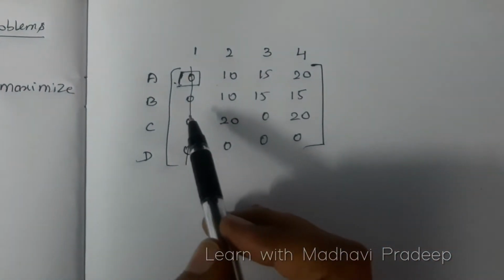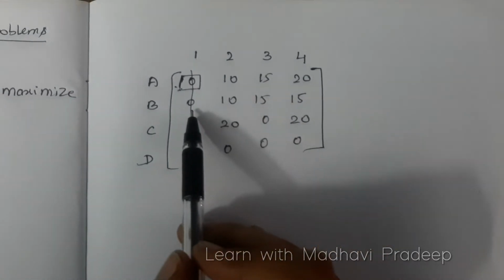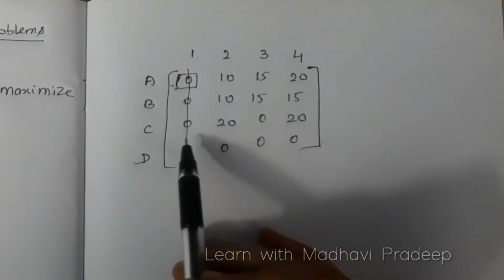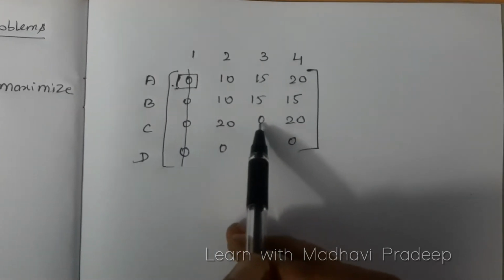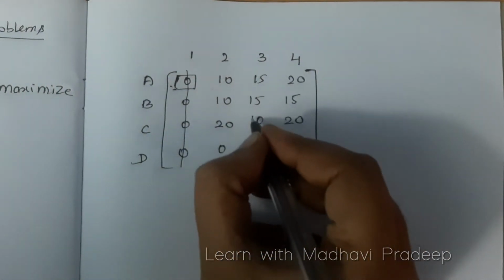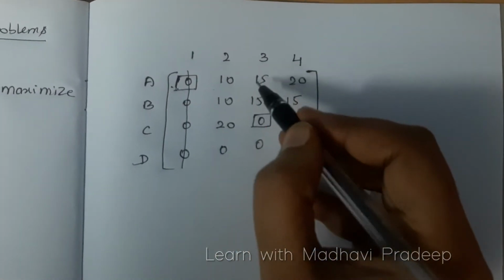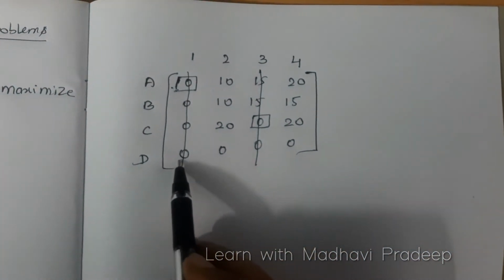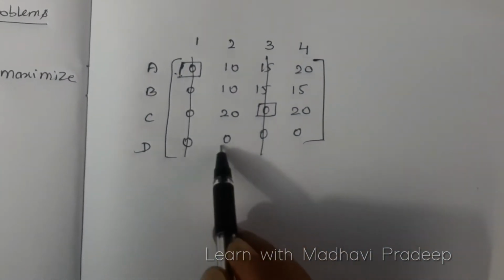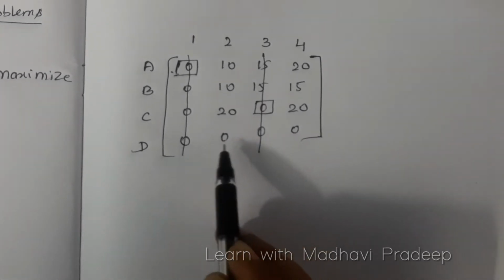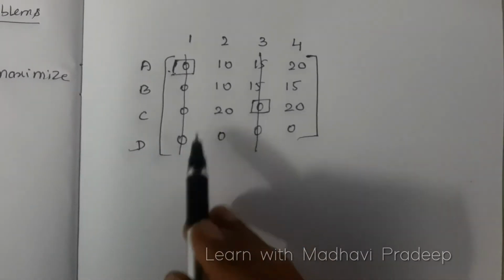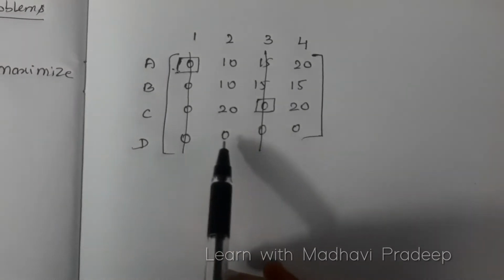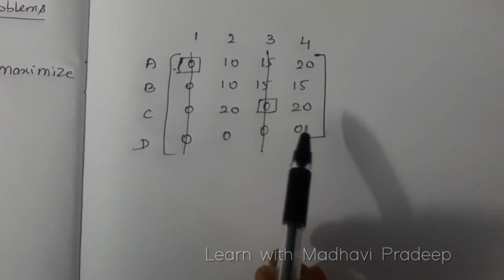Again the second row now. Like that we have to proceed for all the rows. The second row, check whether you have exactly 1 zero. We don't have 0 at all. So move on to the next row. Now in the third row, check whether you have 1 zero. Yes, I have 1 zero. So allocate this 0 now and draw the vertical line across this column. Now in the fourth row, check whether you have exactly 1 zero. We have 2 zeros here, so you cannot proceed. So skip this row. After doing the row scanning, check whether all the zeros are cancelled. No, 2 zeros are left out. So zeros are still not cancelled. So now you have to proceed with column scanning.